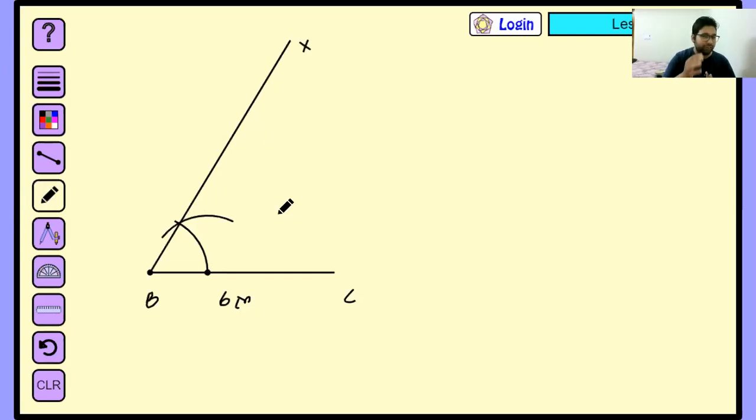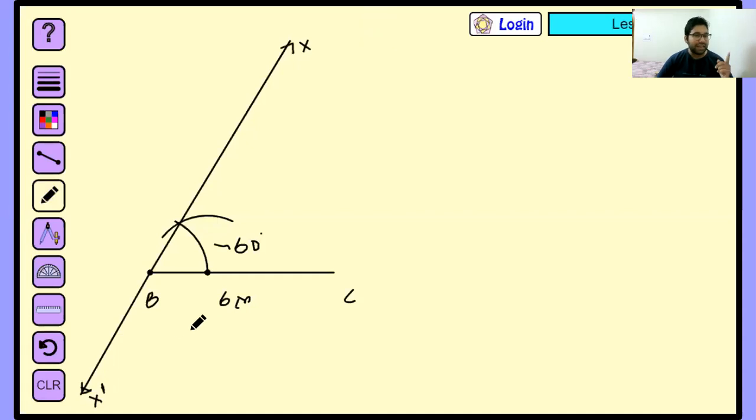Class, is it enough or we have to do something else? Because AB is smaller, because the side containing the angle is smaller, we will have to extend what? Please tell. We will have to extend this BX, not BC. Bhavya, we will have to extend this BX downwards. So let us do that. Like this, you have to extend, and you can call it BX dash. This is your BX and this is your BX dash.